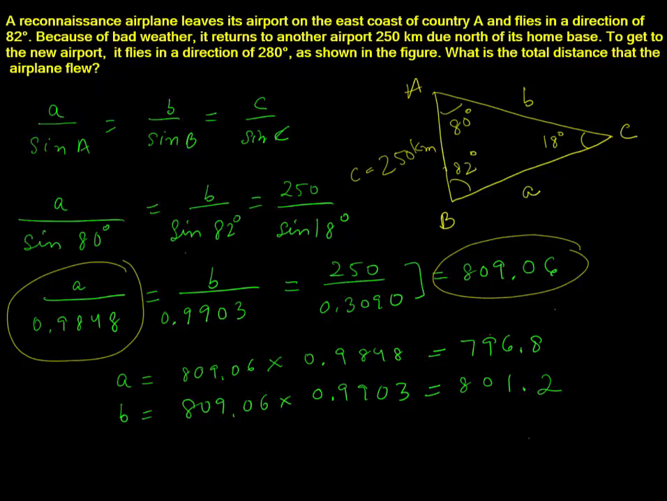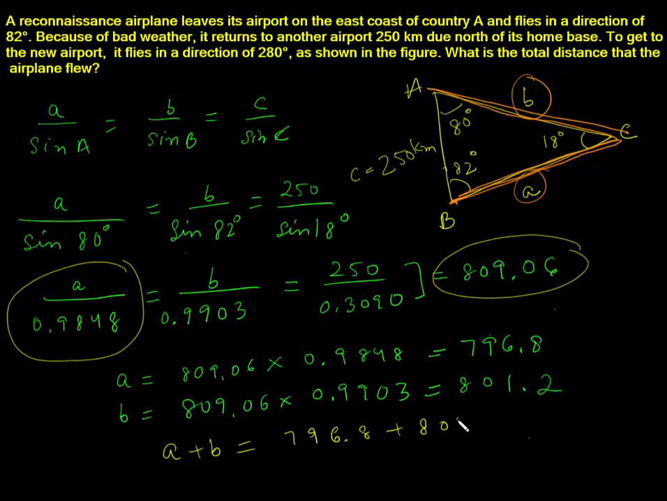That means the distance from B to C plus C to A. So that means the sum of the sides a and b is what they want us to find. So we'll go ahead and add a and b. 796.8 plus 801.2. When you add this, it comes out to be